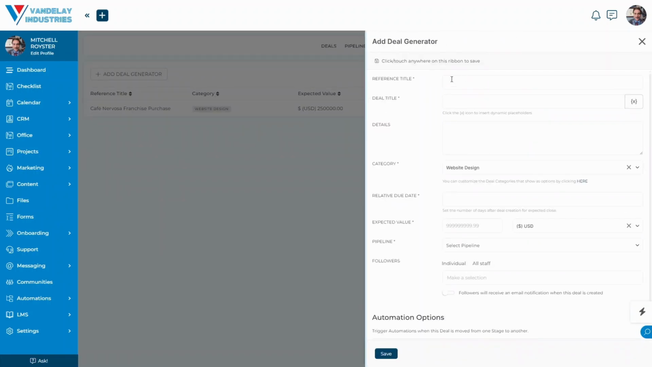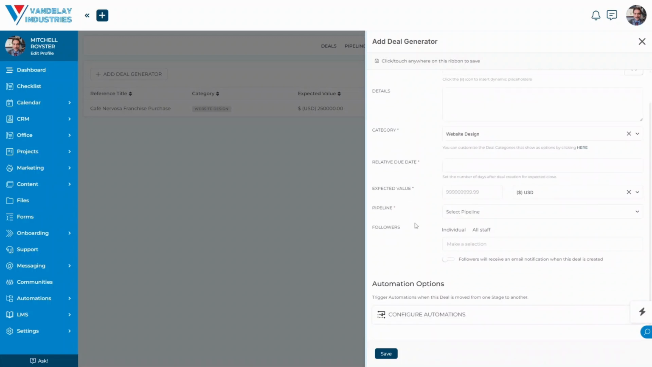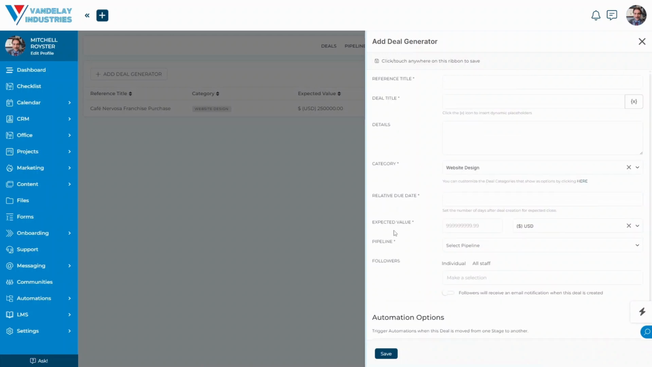And here we will be presented with all of the different information that we did when we had created a new deal. And what this allows us to do is pre-configure all of the different settings for a new deal that is generated via automation for when, for example, somebody submits a kickoff form, schedules a meeting with a salesperson via a booking form, or takes another type of action within your SuiteDash installation. So we can give this a reference title. We'll just say New Deal